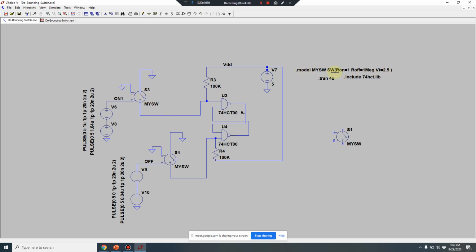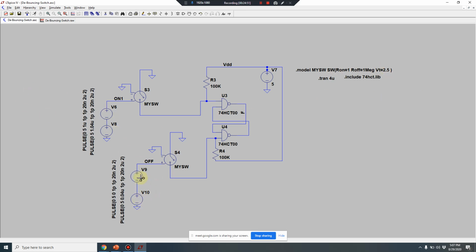These values are variables, you can set them. I have set them like this for this particular example, but you can do it otherwise also. Is the modeling of the switch clear to all of you? Anyone, if you can? Okay, so this is how I am going to set the switch model.